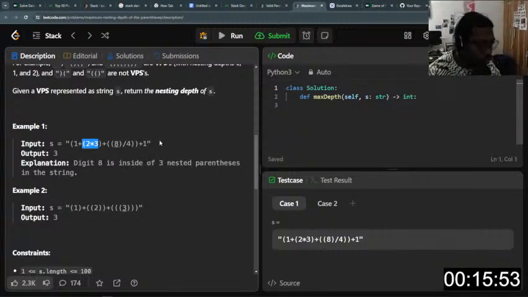Okay. So why is this digit 8 inside of 3 nested parentheses? We have 1, 2, oh, and 3 all the way here. This is already valid at this point. So this is closing this, so we ignore that. But when we go here and then here,